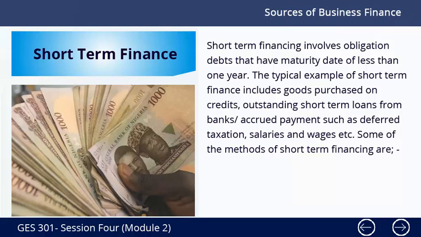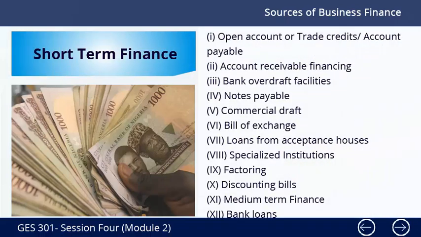goods purchased on credit, outstanding short-term loans from banks, accrued payments such as deferred taxation, salaries and wages, etc. Some of the methods of short-term financing are open account or trade credit or account payable, account receivable financing, bank overdraft facilities, note payable, commercial draft, bill of exchange, loans from acceptance houses, specialized institutions, factoring, discounting bills, medium-term financing,